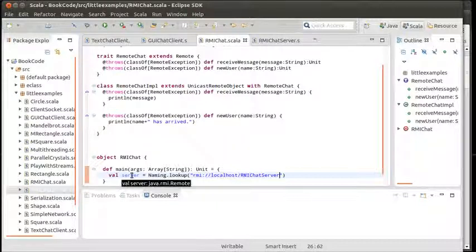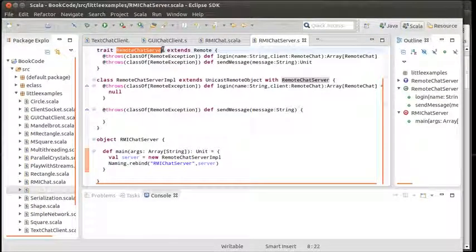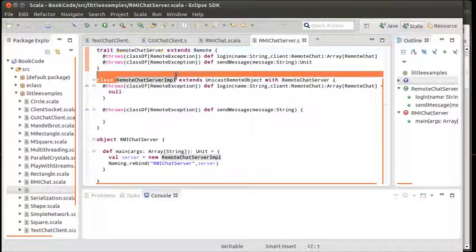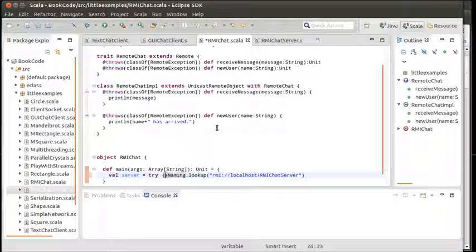Now you'll note something that's somewhat problematic here: this is known as a java.rmi remote. That's because that's what lookup returns. It returns a remote. The library has no way of knowing that we are specifically going to get back a remote chat server. And note that this is the type you will get, not the implementation. But I happen to believe that this should be a remote chat server, so I'm going to go ahead and put this inside of a